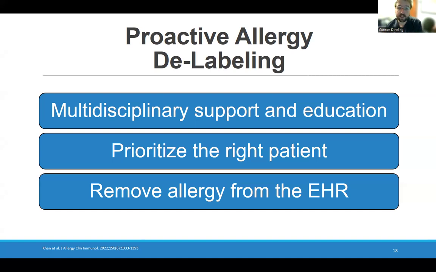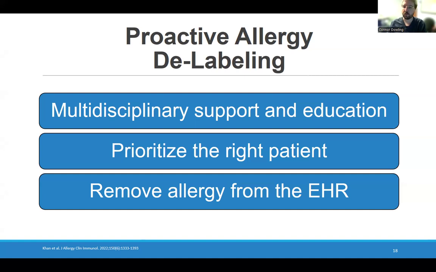So another big key factor here is that we really want to prioritize the right patient when it comes to these patients that we might be able to delabel. So this is someone that can likely tolerate the beta-lactam in general. So we want to make sure this is an allergic reaction, but not an anaphylactic reaction. Likewise, we want to make sure that patients haven't had any of those other types of hypersensitivity reactions. So we would really want to avoid it if we had the history of a type 4 mediated reaction like Stevens-Johnson